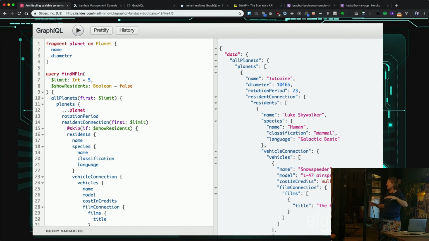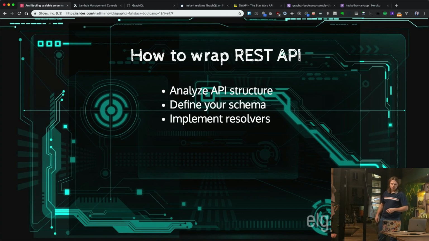So we're talking about like 8 requests to the server for just a single planet. And obviously it's not performant, it's not good, but in GraphQL we're doing one request and we're getting everything back. And we don't have additional data that we don't need. We have exactly the same shape of data and the exact data that we actually need on the client.